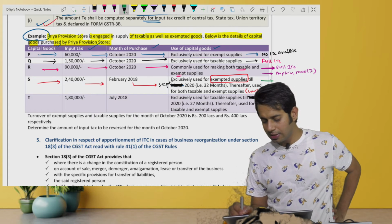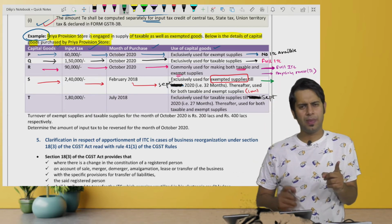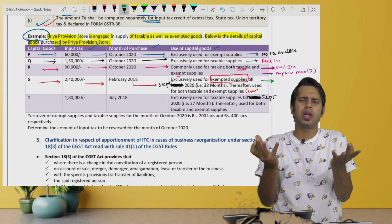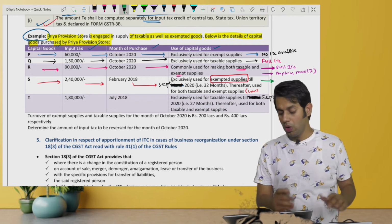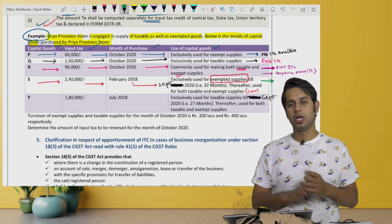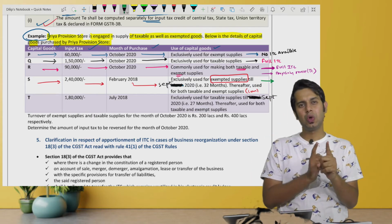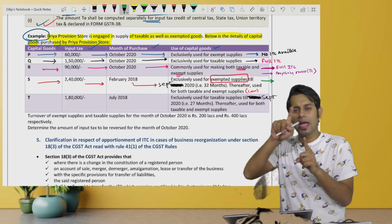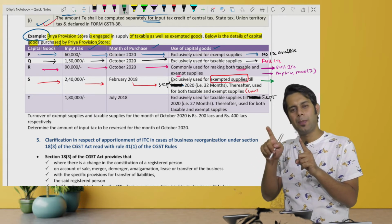With regard to this asset, what will I do, sir? At the time when I purchased, it was for exempt supply. Because it was for exempt supply when I purchased it, I would not have taken input tax credit. Now it is used for both exempt and taxable supplies. What is the proviso telling? If there is an asset which is used exclusively for exempt supply, and now it is becoming a common capital goods,